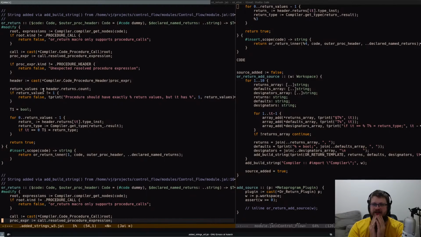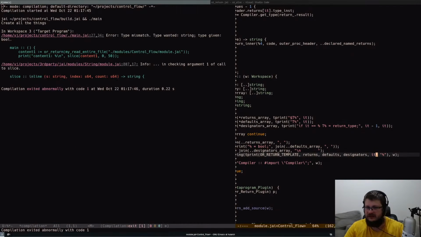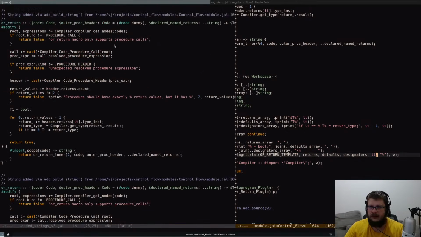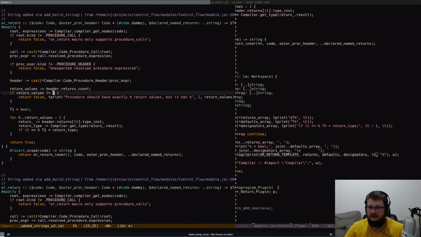So if this thing, no, this should be 2. So this, yeah, it should be like this. And now T1, yeah, if return value is not equal, yeah, there you go. And this should be